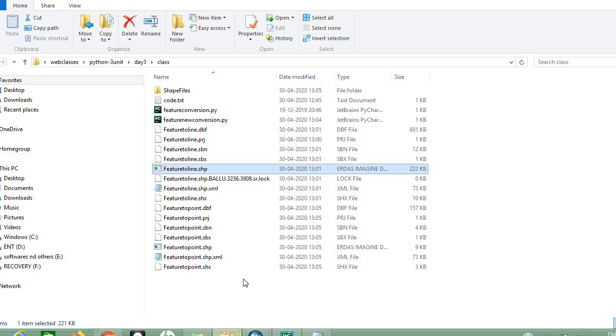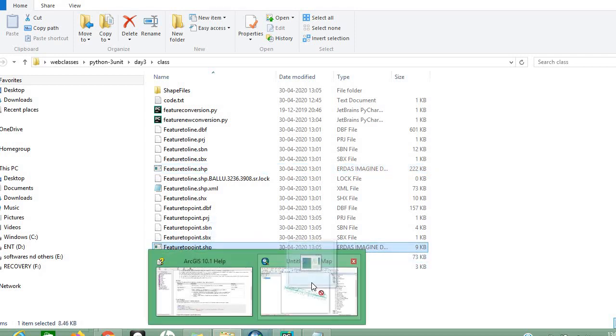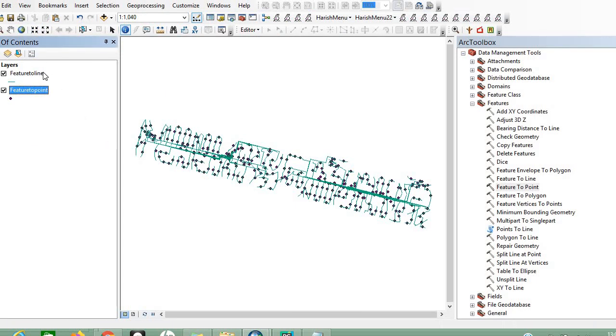Okay, just go to the folder, feature to point shapefile, and load it. Okay, if you see, just remove the feature to line.